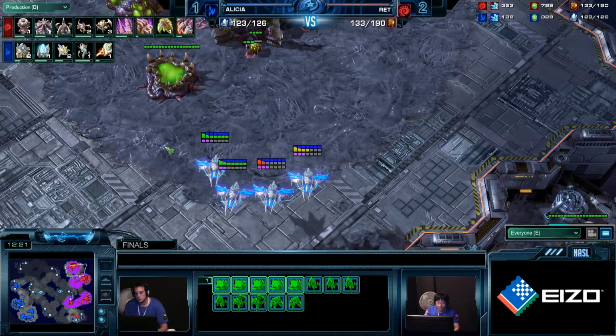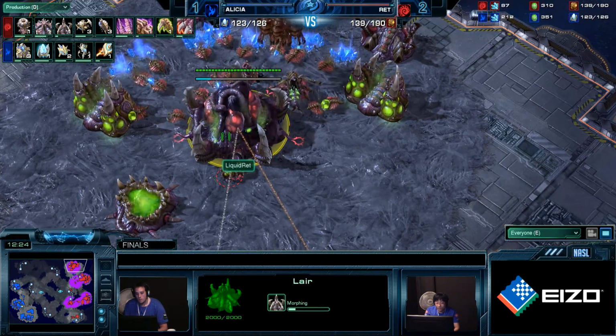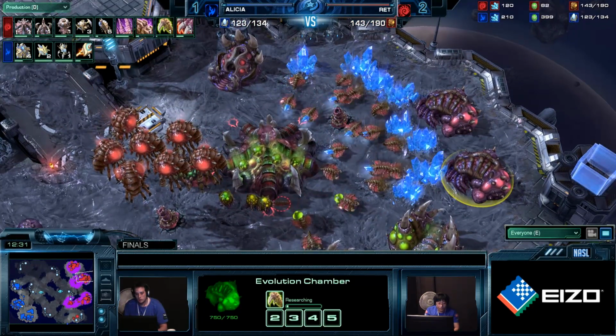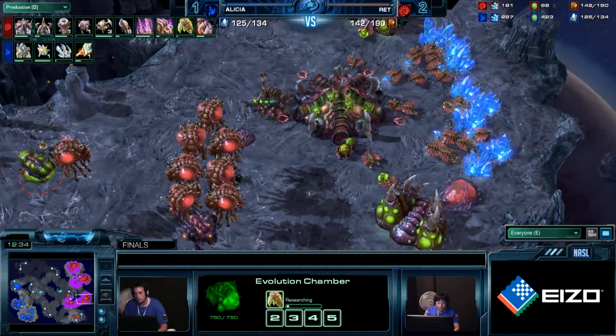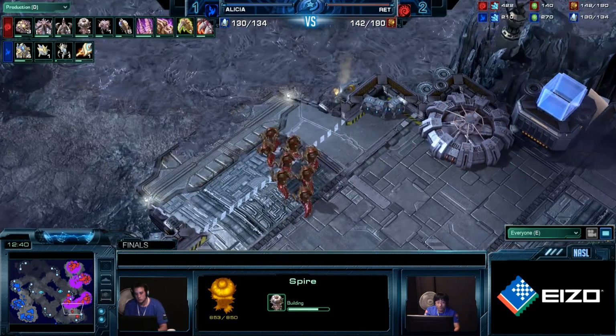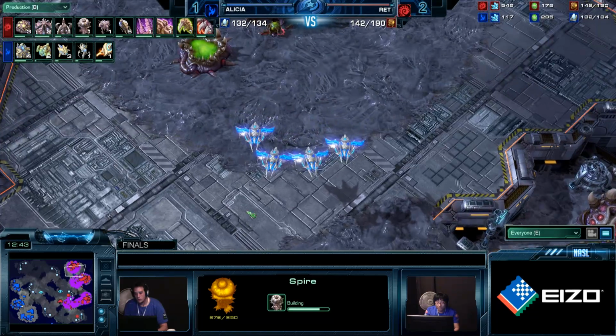And yeah, just good snipes overall. The Void Ray on the bottom is trying to see if they can harass that expansion. But again, Ret is doing a good job, just for now, slowly taking over the map again after recovering from that early lack of anti-air. You can see that Ret also is going for a Hive, and Alicia doesn't have that